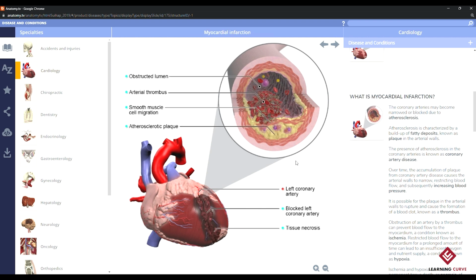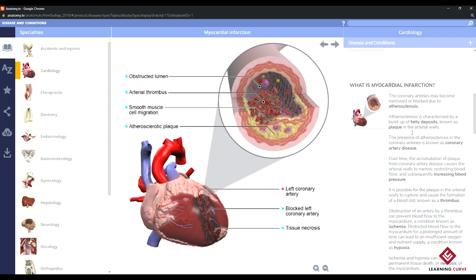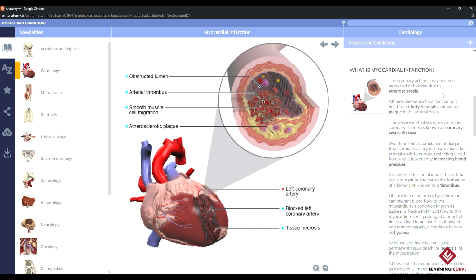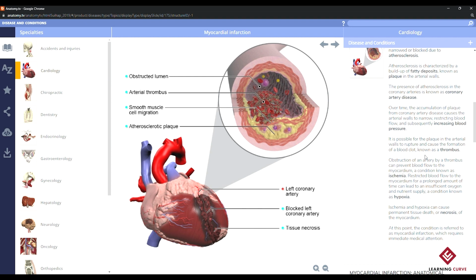With this next labeled diagram, we'll see the gradual progression of the narrowing of the lumen and the formation of an atherosclerotic plaque, or in this case an arterial thrombus. With the associated explanatory text, we're then able to appreciate the pathophysiology of this condition in terms of the disease progression timeline from healthy all the way down to diseased tissue, in terms of narrowing of the coronary artery, resulting in an increase in blood pressure, the effects of thrombus formation, and how that will affect the overall functioning